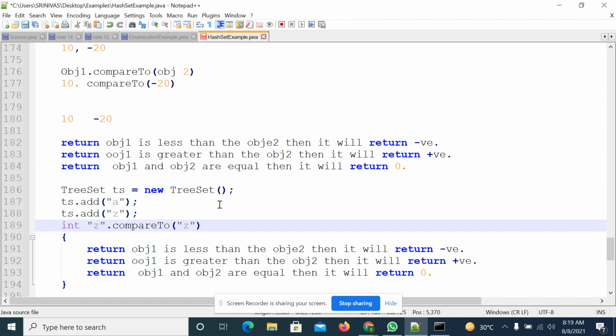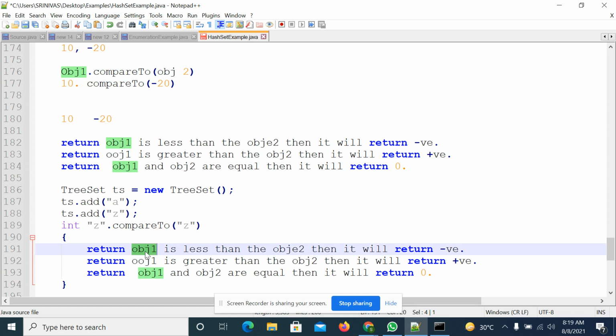So whenever you are adding the elements, the elements are arranged in sorting order. So how is the sorting order happening at the back end? At the back end there is an interface called the Comparable interface. In the Comparable interface there is a method called the compareTo method. In this compareTo method there is an implementation for comparing the elements.